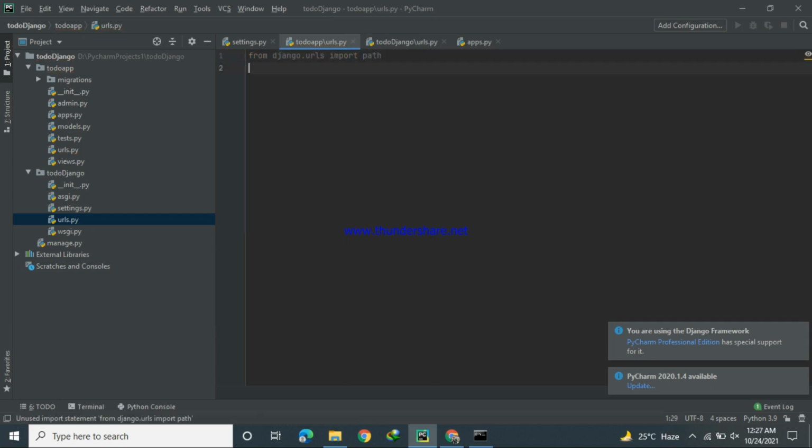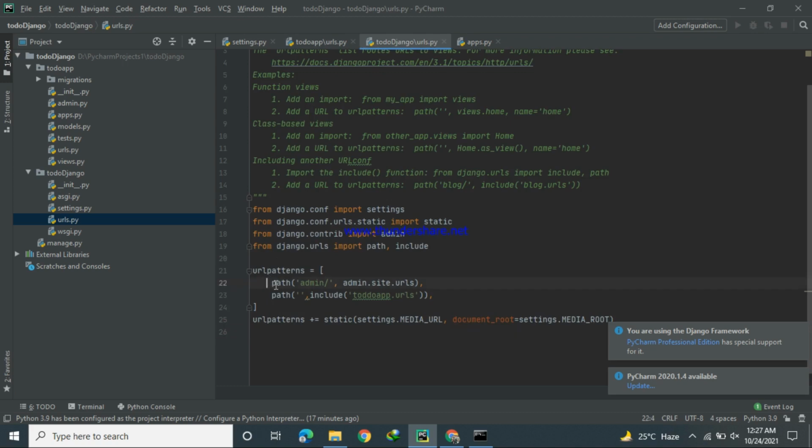And urlpatterns, here we have to give all of the patterns, the paths, for example these two paths are combinedly named as urlpatterns.